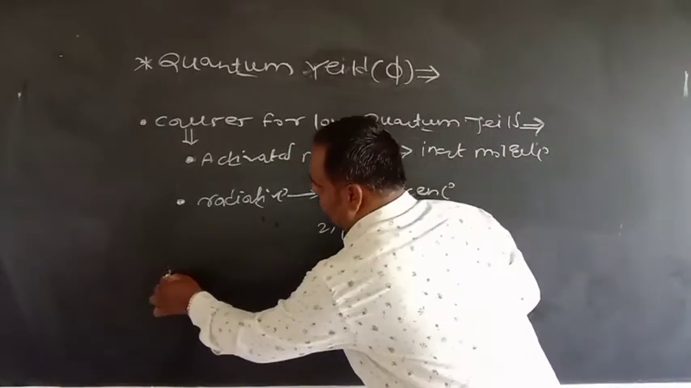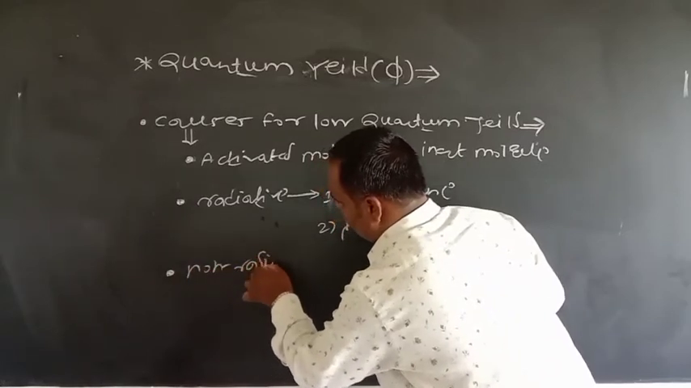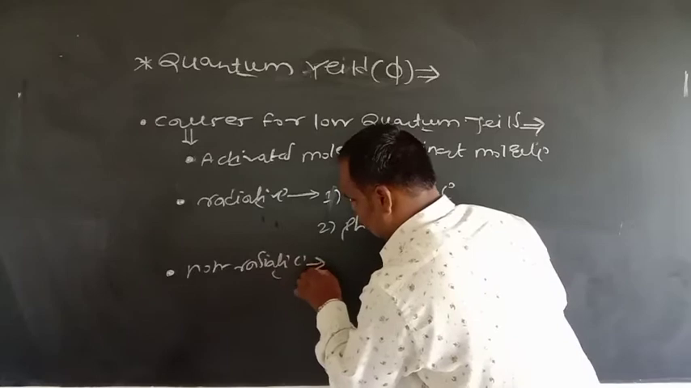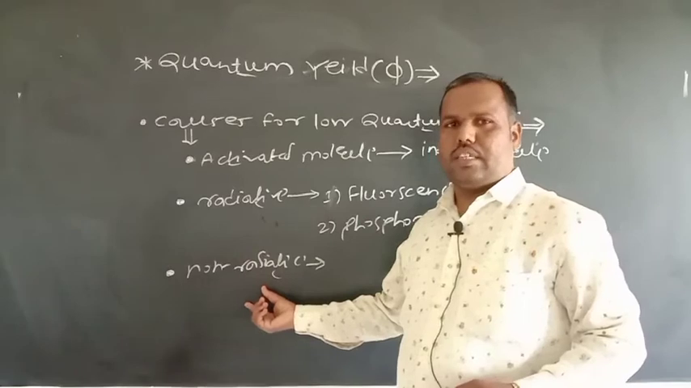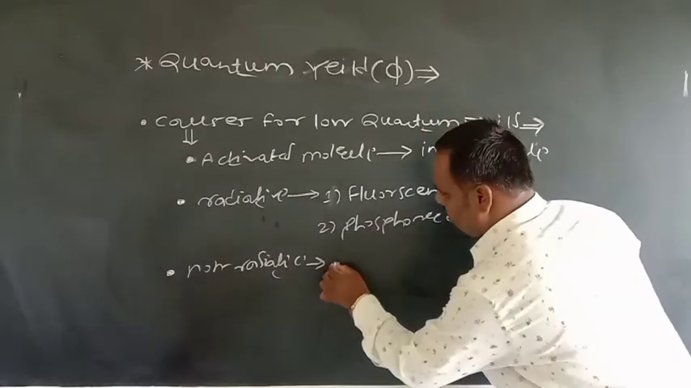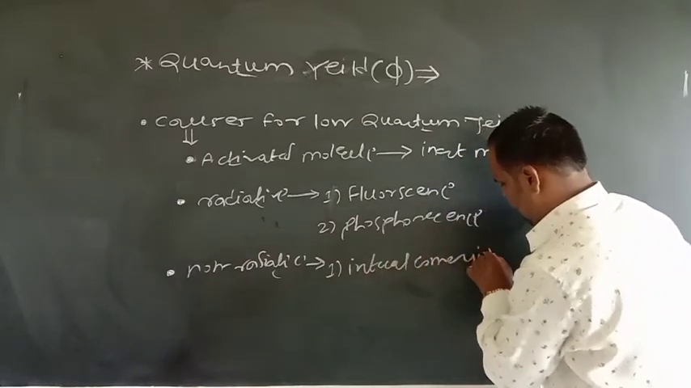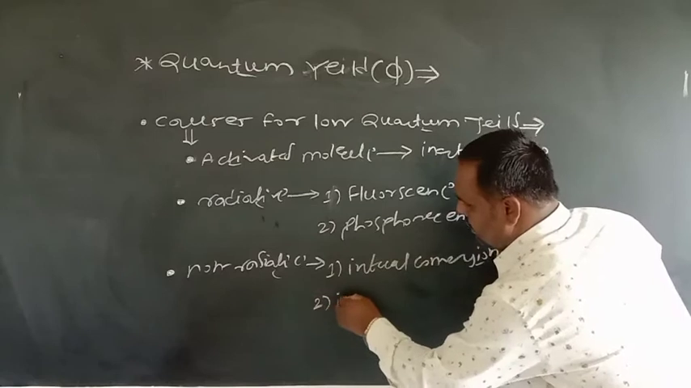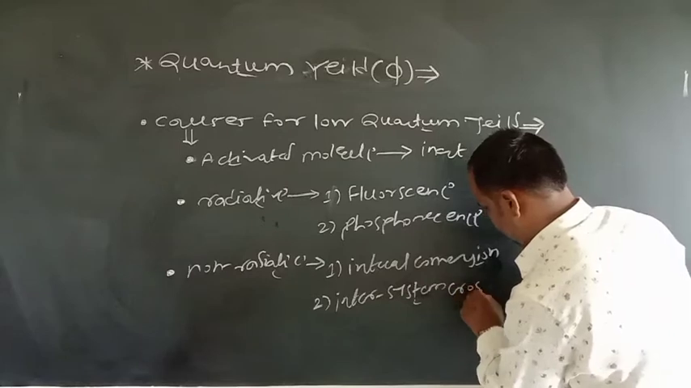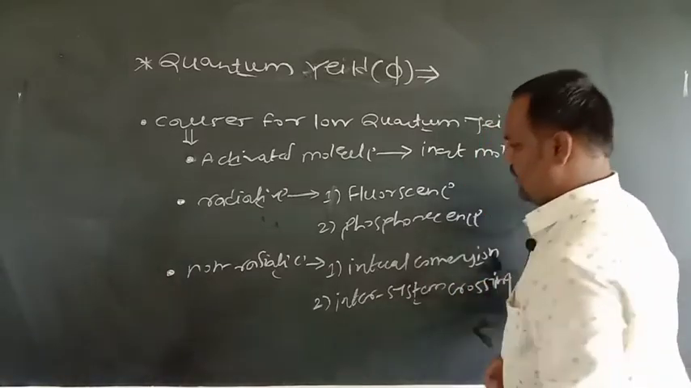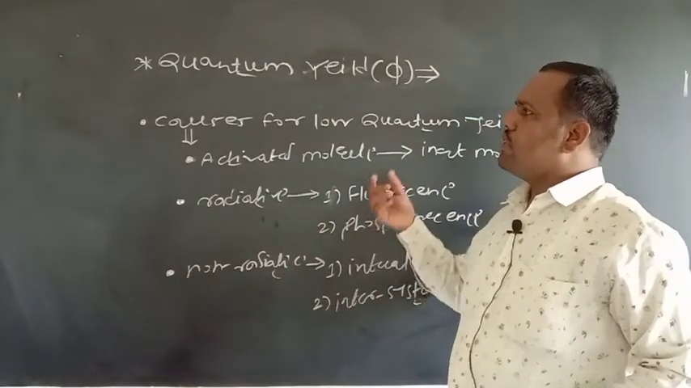Another important process is the non-radiative process. The non-radiative processes we discussed in the Jablonski diagram are, first, internal conversion, and second, intersystem crossing. So these are two non-radiative processes which also result